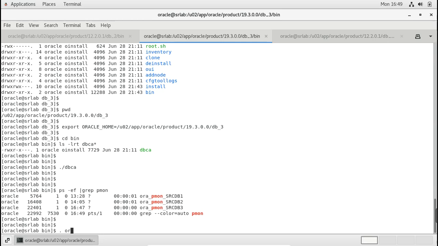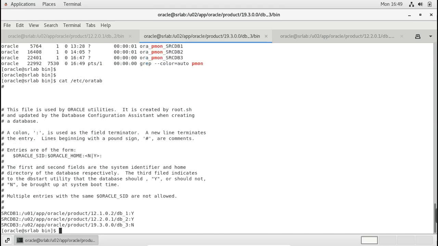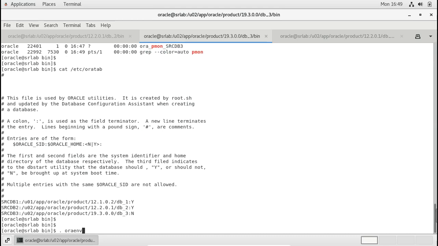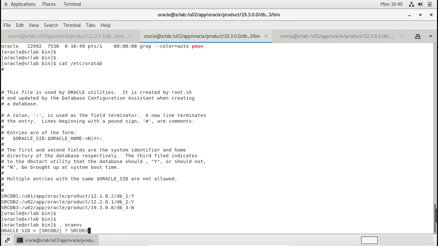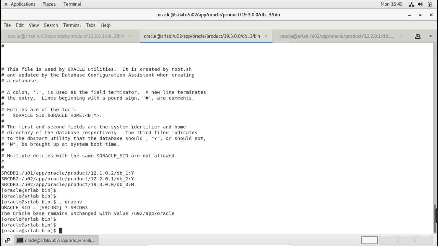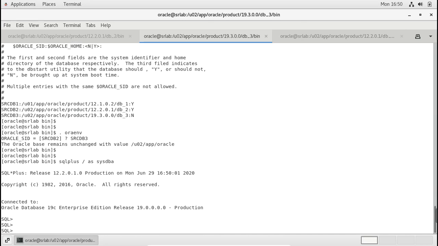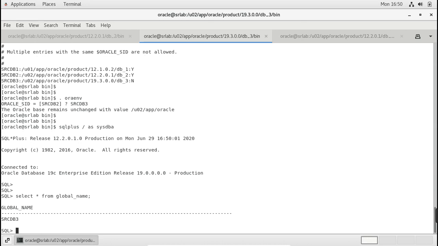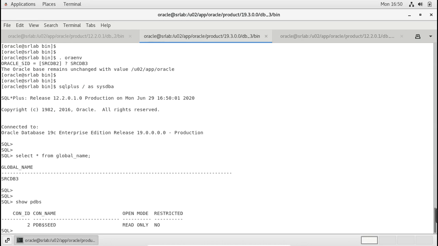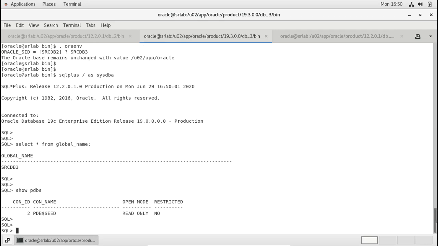So we'll set SRCDB3. So there is no PDB, only the PDB seed is there.